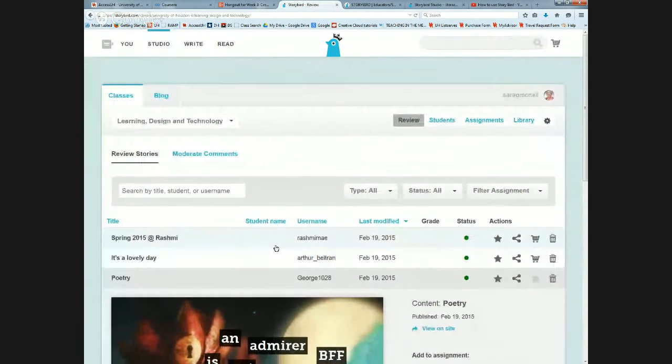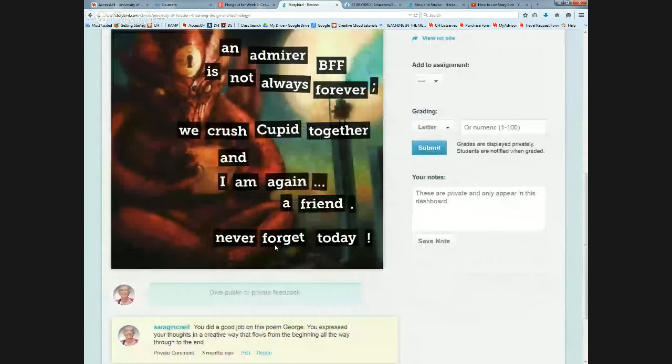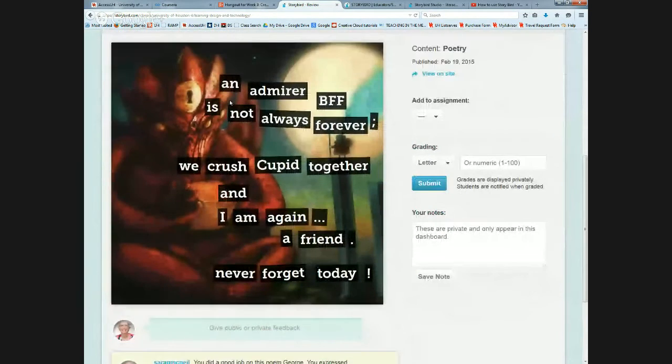I'm going to make it a little bigger here. And you can see a poem is a little different than a picture book because a poem only has one picture they can use, and the words for that poem are automatically generated. So you may have seen poems on magnets that you can put on your refrigerator and arrange the words, and